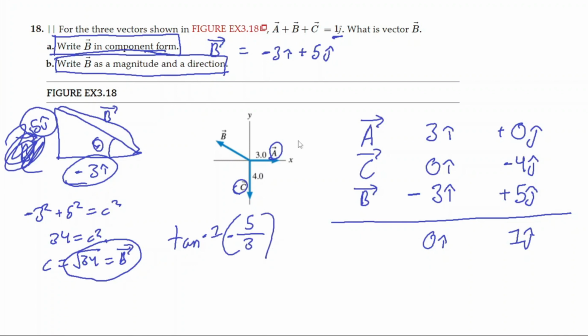And if you do that, you would get that theta is equal to 59 degrees. And if you write it out, it would actually be negative 59 degrees, but we're going to write it out in word form so we can denote the negative. So it would be 59 degrees